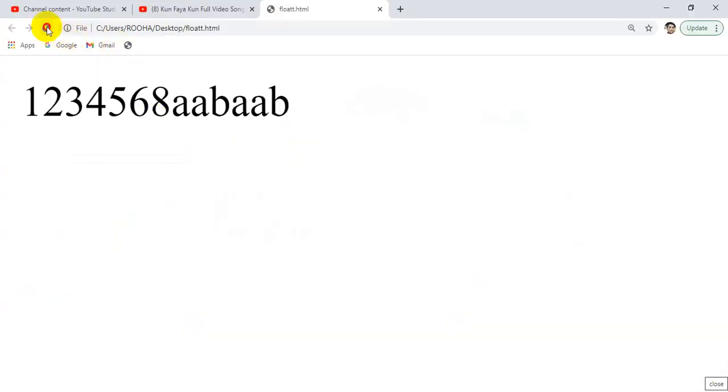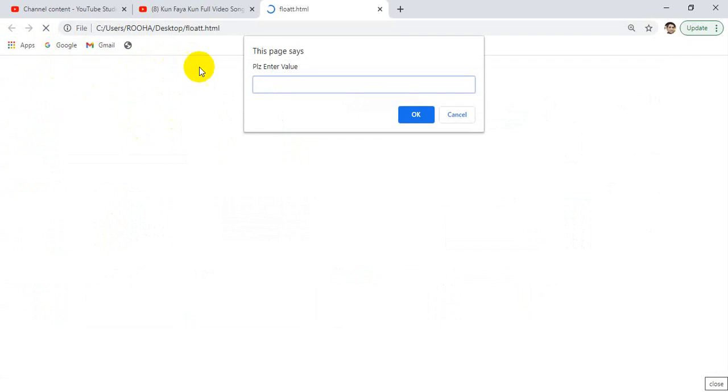Let me refresh. Now when you run your program, when the cursor moves to the prompt, the browser interpreter will accept that prompt and generate a prompt box. This box is called a prompt box, and it is expecting some value from the user. Who is the user? Currently I am the user, because I am working on this program.